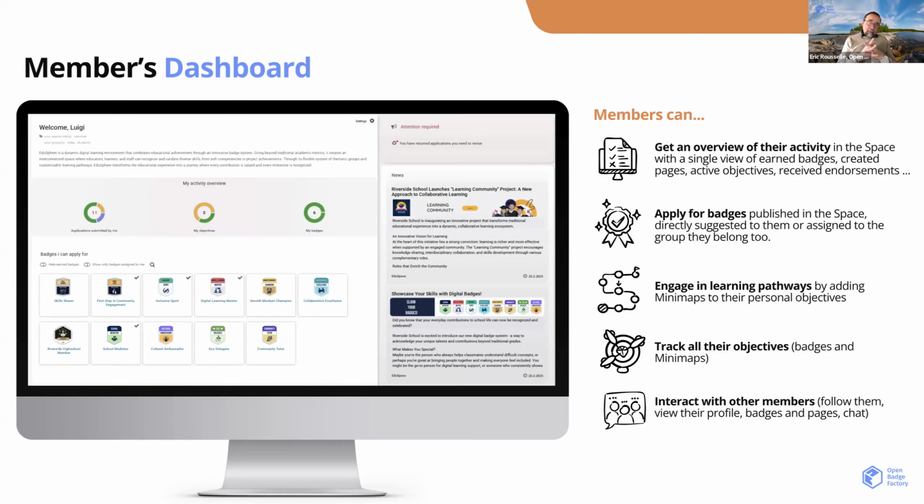And this has been basically the only way for the EduPass project in Luxembourg to really get the project working, because before using the spaces and the passport, they created a lot of badge applications, and every student had to choose first his school and his classroom, and then based on that, all the badge applications were reviewed using Open Badge Factory.